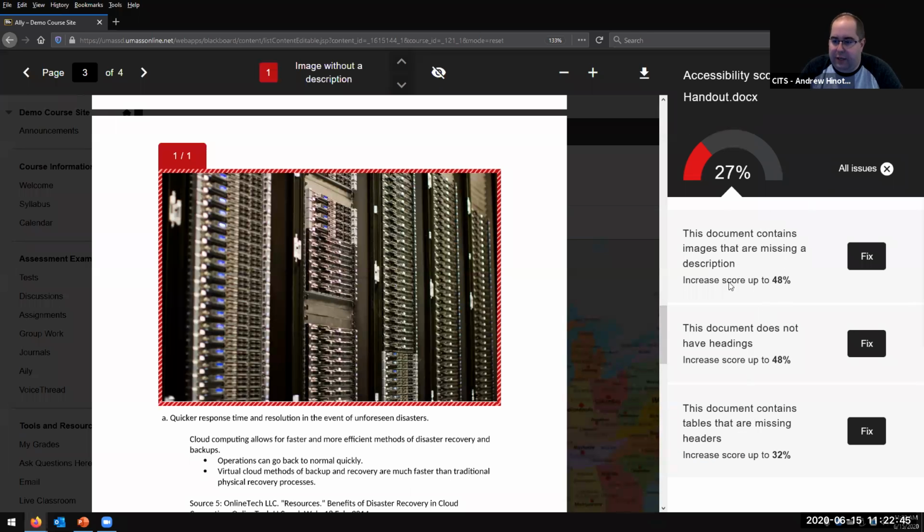So it says the document contains images that are missing a description, namely this image right here. It gets this little red outline to it. It says the document doesn't have headings, and the document has tables that are missing headers. So I can try to address whatever issue is pointed out. So if I click on Fix,